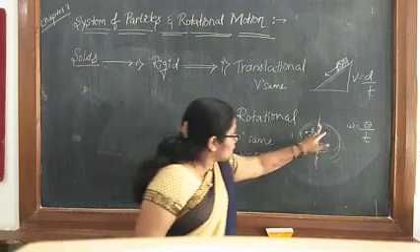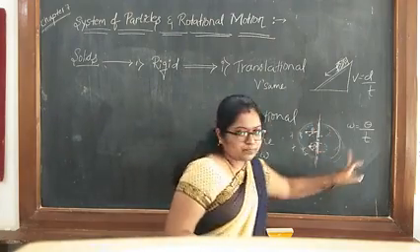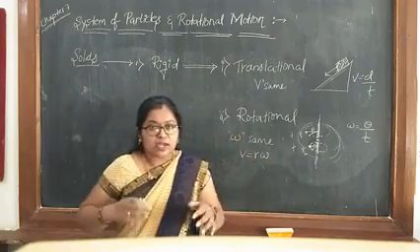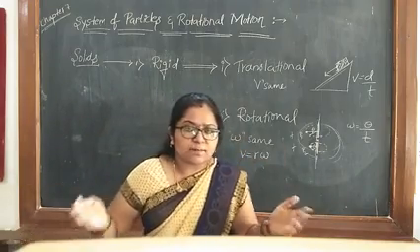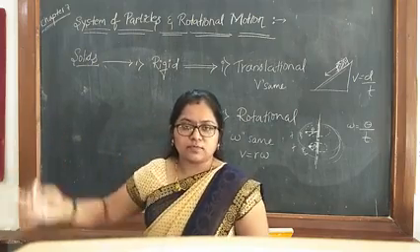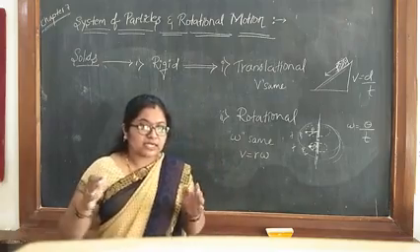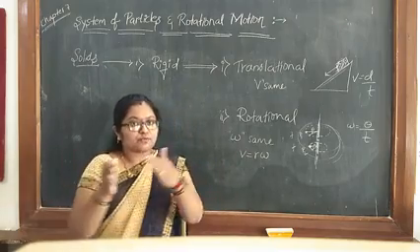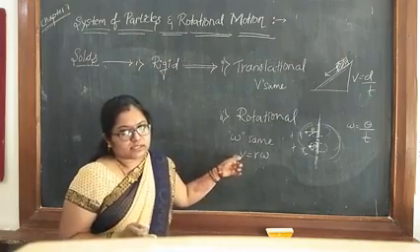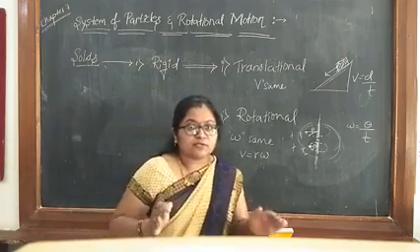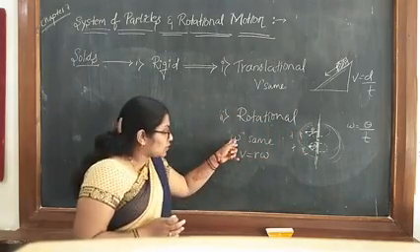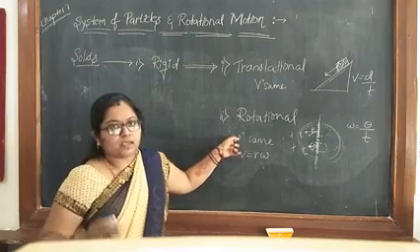Because this is a whole system which is rotating around the axis of rotation, and in that system we are having a number of particles. So some particles may be nearer to the axis of rotation, some particles may be away from the axis of rotation. So depending on the distance of that particle from the axis of rotation, we are deciding the linear velocity. That's why linear velocity is not same in the rotational motion, but angular velocity is same in the rotational motion,